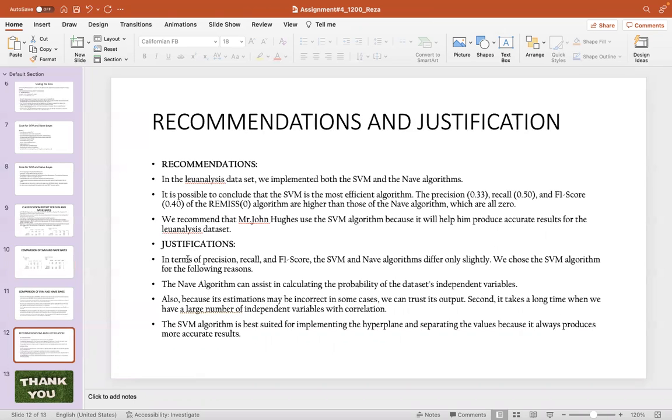And then in the justifications, in terms of precision, recall and F1 score, SVM and Naive Bayes algorithms differ only slightly. We choose the SVM algorithm for the following reasons. The reasons are as follows. The Naive Bayes algorithm can assist in calculating the probability of the dataset's independent variables. Also, because its estimations may be incorrect in some cases, we cannot fully trust its output. Second, it takes a long time where we have a large number of independent variables with correlation. The SVM algorithm is best suited for implementing the hyperplane and separating the values because it always produces